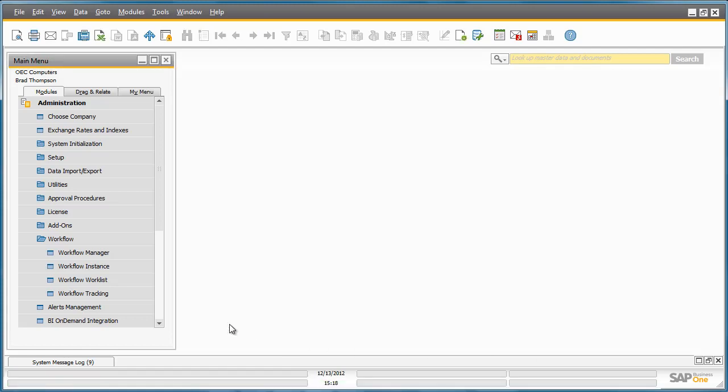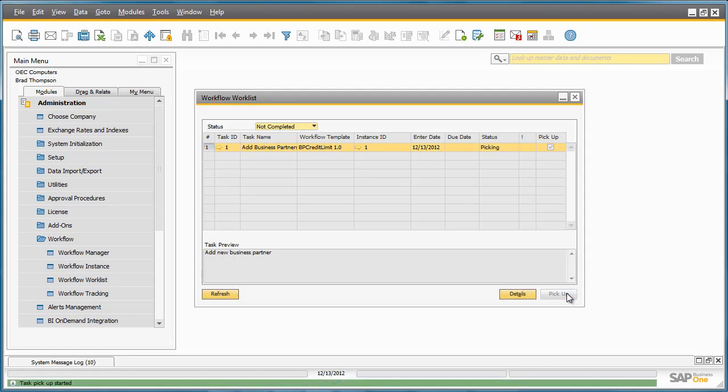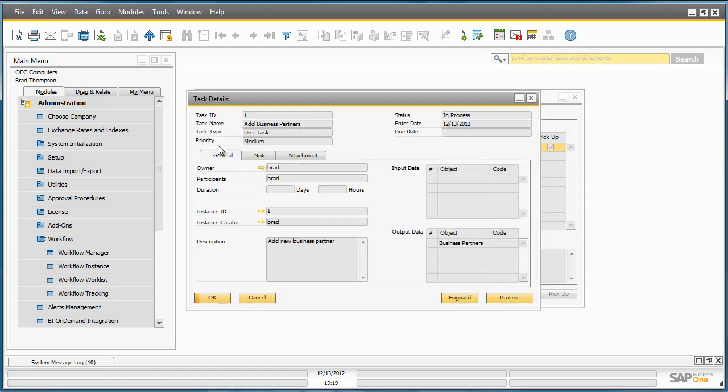Brad can now navigate to his workflow worklist window. He can now see the workflow listed as a task to be picked up, and the current status of the task is not completed. Brad can simply pick up the task by ticking the Pick Up checkbox and clicking Pick Up. He can also drill down into the task to see some basic information about the task requirements. You can see, for example, the description of the task. You can also see any output data and any other further information relating to this particular task. By clicking Process,